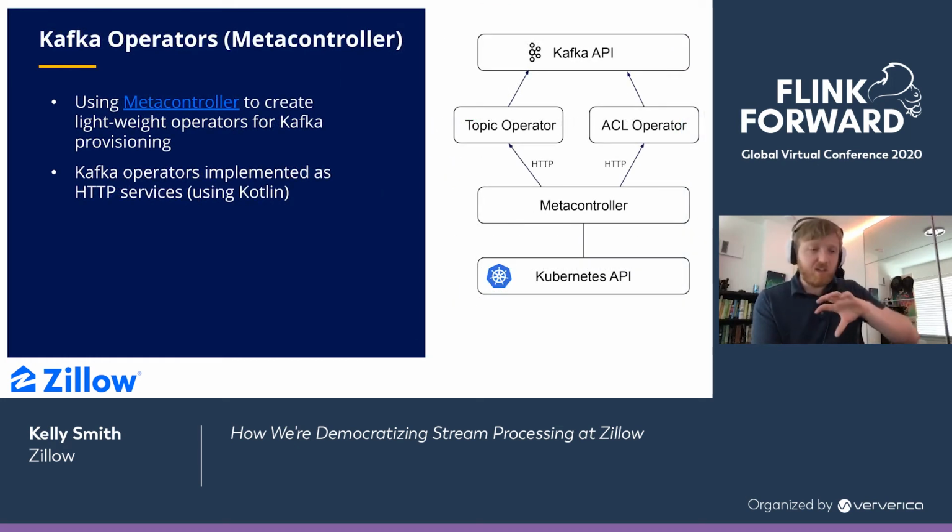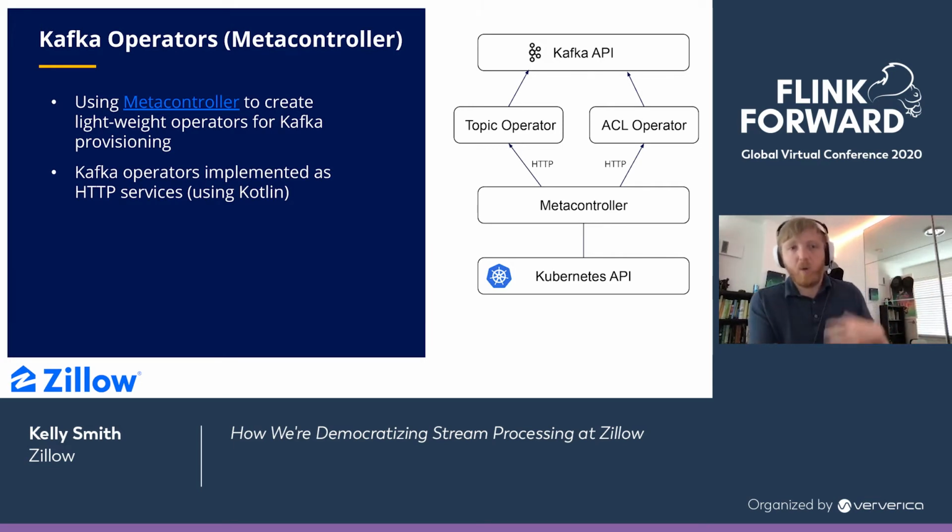So I mentioned that we pulled a Flink operator off the shelf, and now we were trying to figure out, okay, how do we bring Kafka into this new provisioning experience? And what we realized is that there wasn't really a good pre-existing solution here. So what we needed to do is build some operators that could build a bridge between the Kubernetes API and the reconciliation loop that I talked about, and then interact with the various Kafka APIs. So when a Kafka topic resource is created, we needed some topic operator to be invoked, which would then do all of the necessary interactions with the Kafka API to make that Kafka topic,